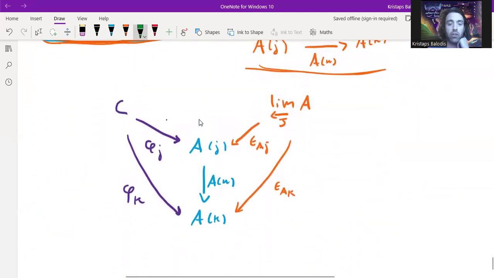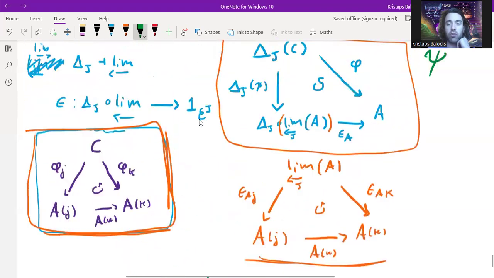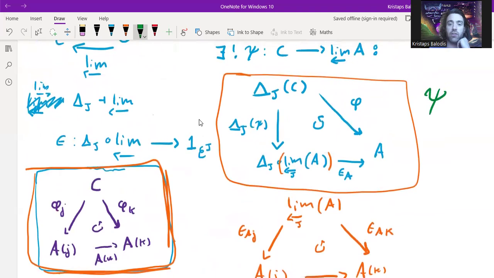But so I should have a unique map going between these things. And so there's a unique map psi. But actually, that psi is supposed to do something else, right? It's after I compose and apply this. Well, remember, this was just some